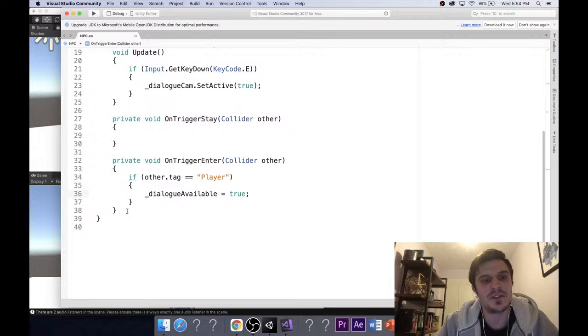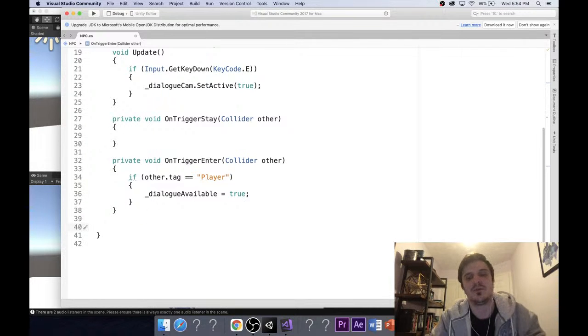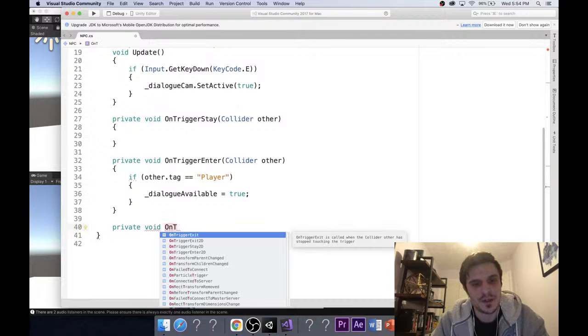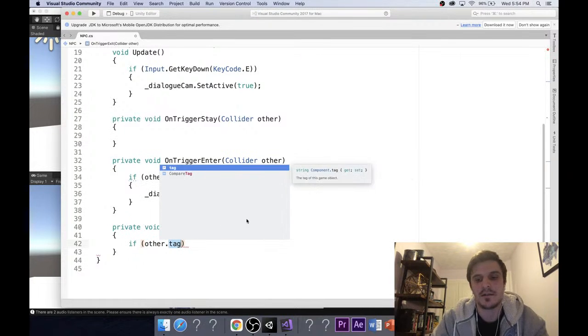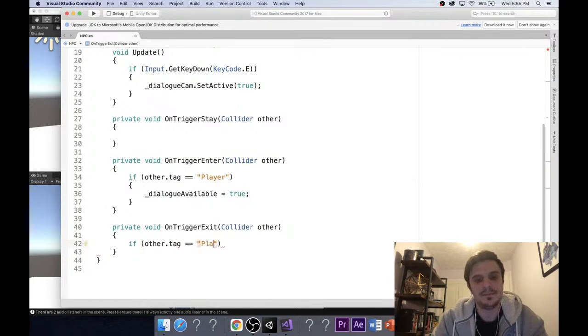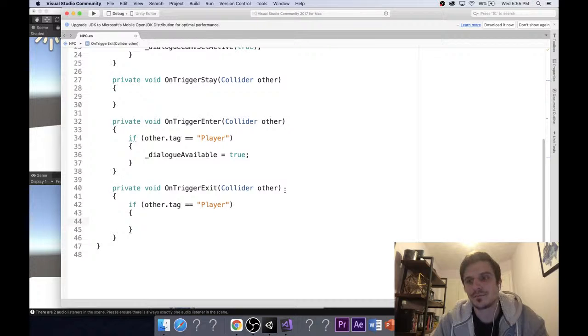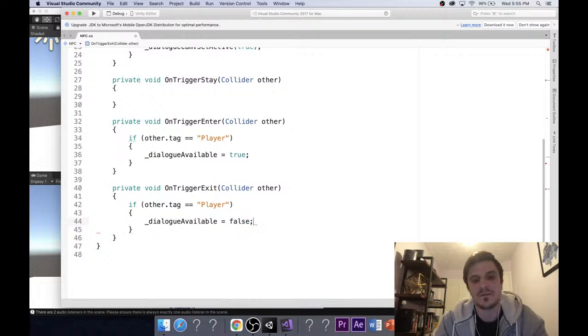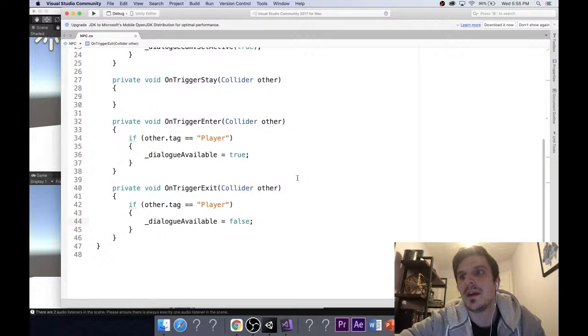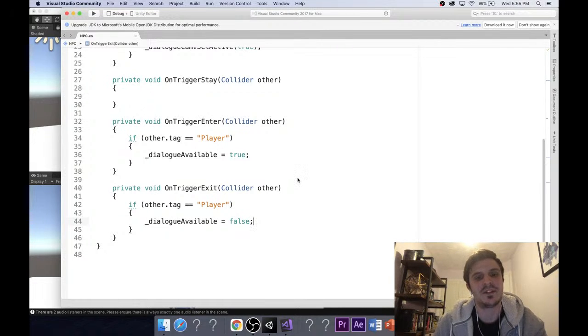Cool. And then obviously we don't want this to work when we're out of that trigger. So let's say on trigger exit. And here we're going to say, again, if other.tag equals player, we can then say it's pretty much exactly the same, dialog available equals back to false. Lovely. That should sort that out. So if we save this,